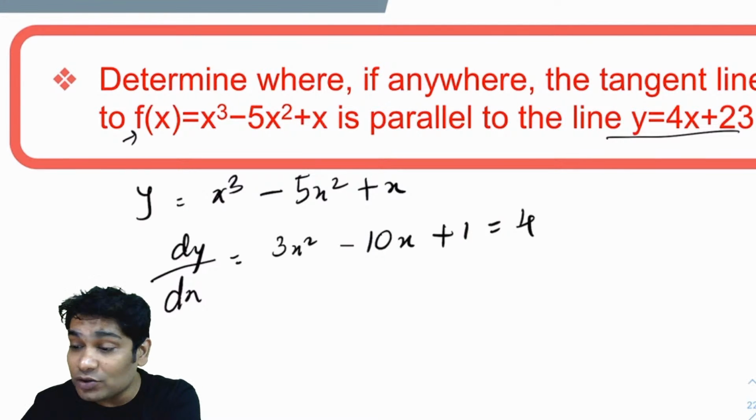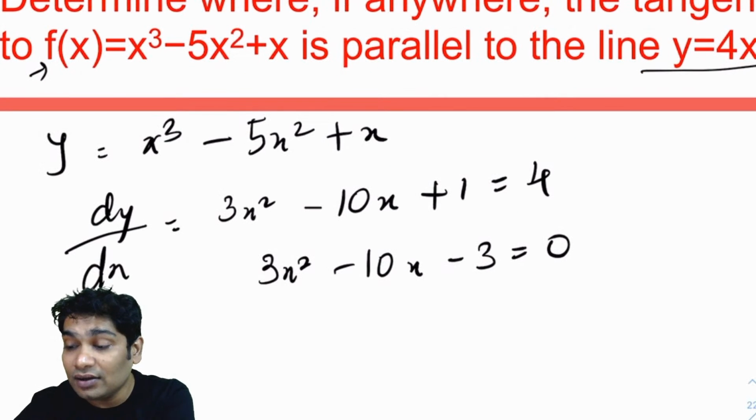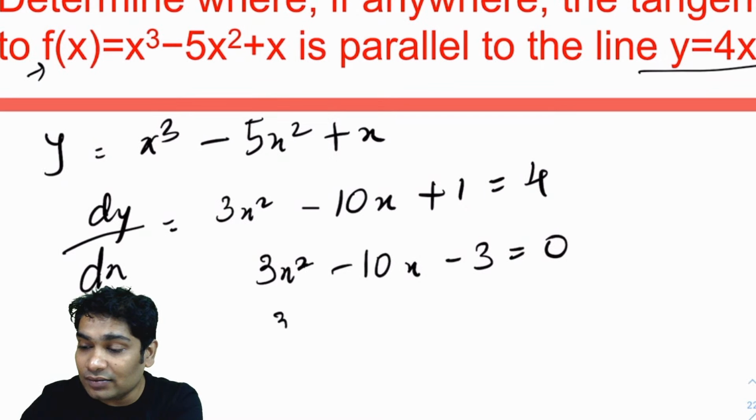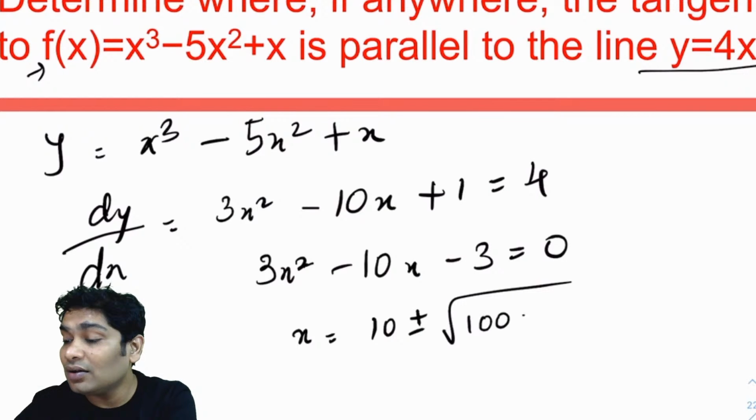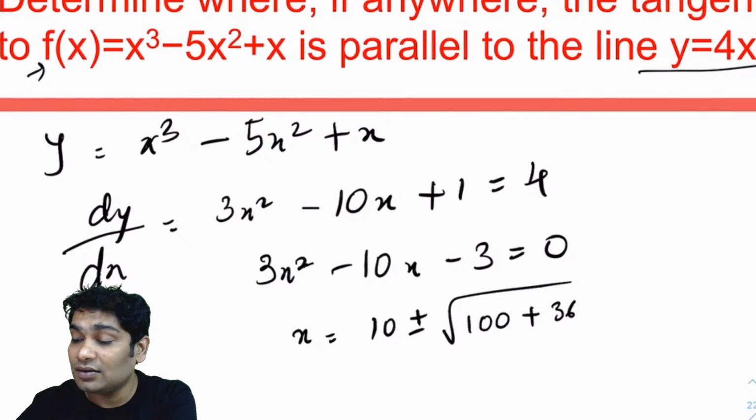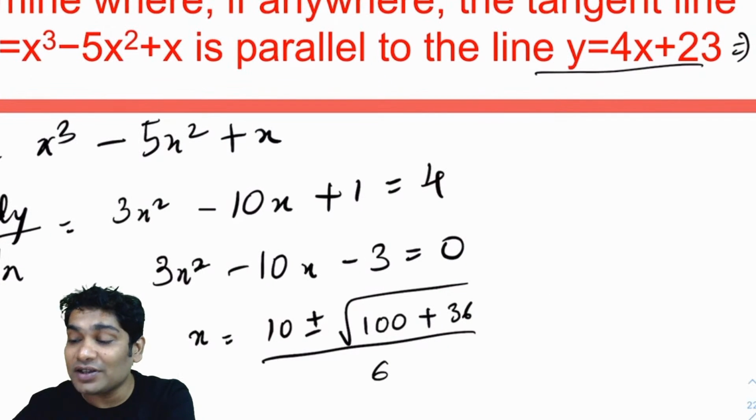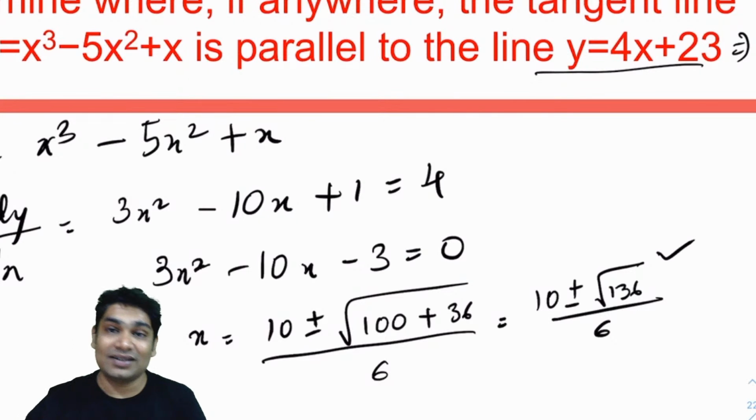So, let's solve this quadratic equation. When you solve this quadratic equation, what do you have? 3x square minus 10x minus 3 equals 0. So that's the equation that you're getting. Solve this quadratic. So x equals 10 plus minus root of 100 plus 36 over 6. You can solve this and you find 2 points. So 10 plus minus root of 136 over 6. So at these 2 points, your given graph